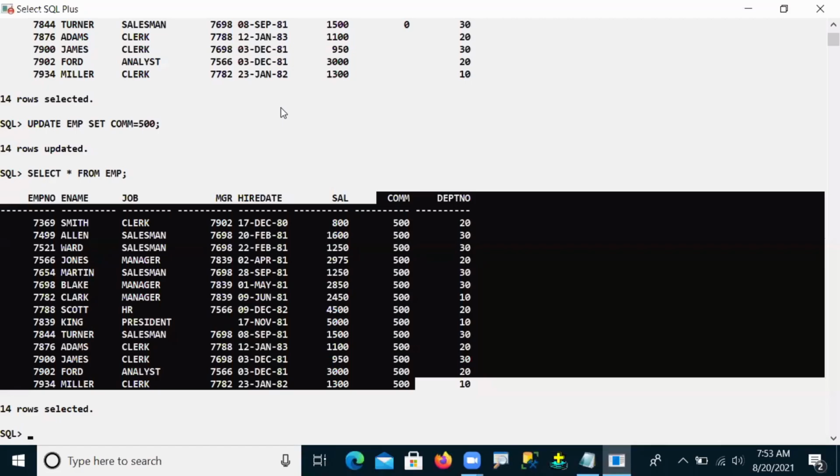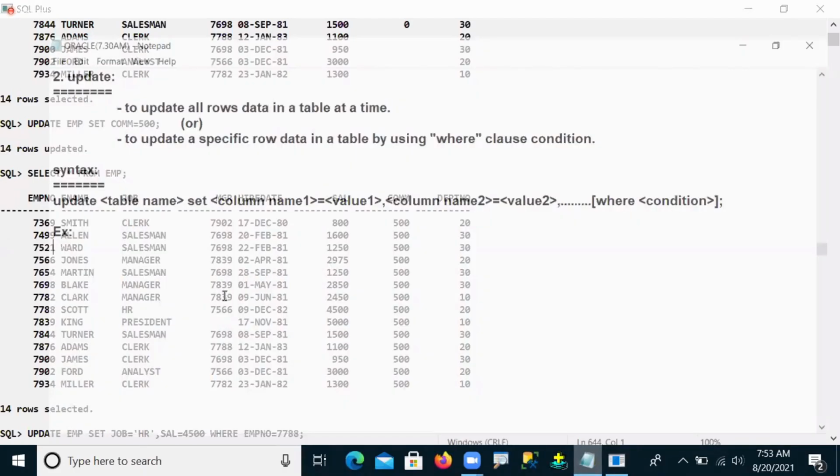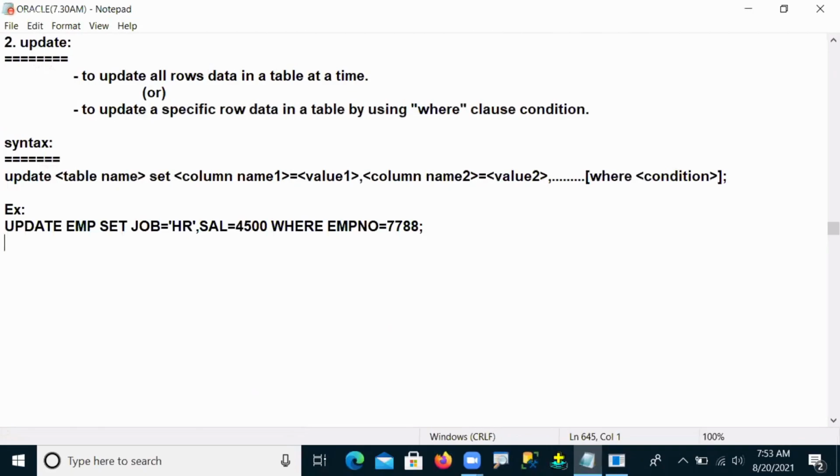These are update operations, either a single row or all rows, as per the definition. For all rows, you have to remove the where commission is equal to 500.